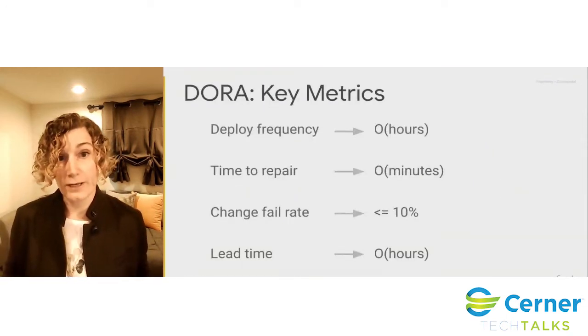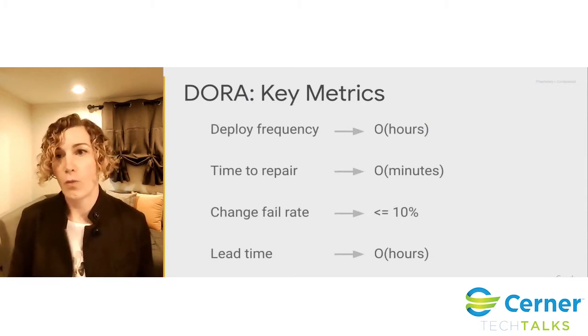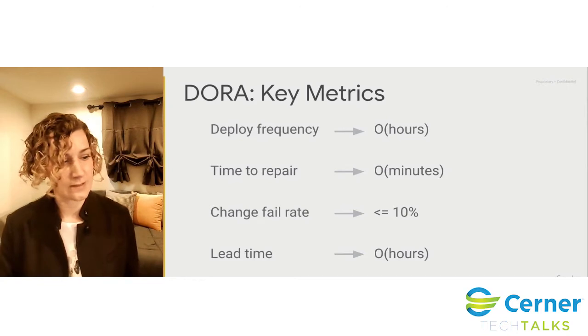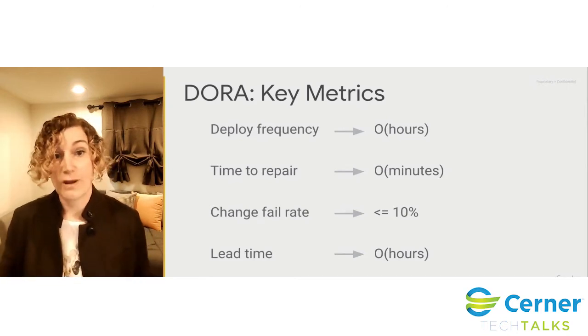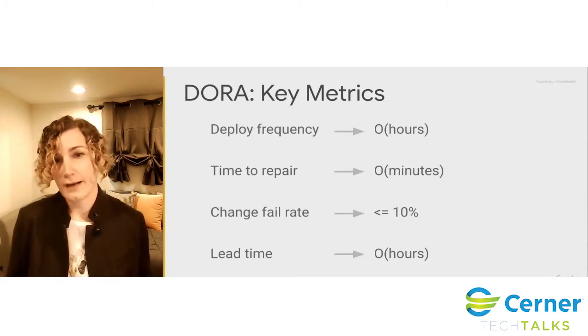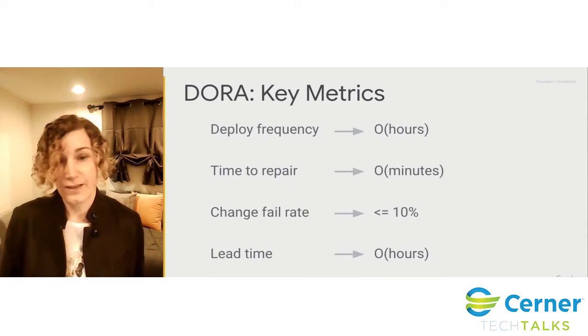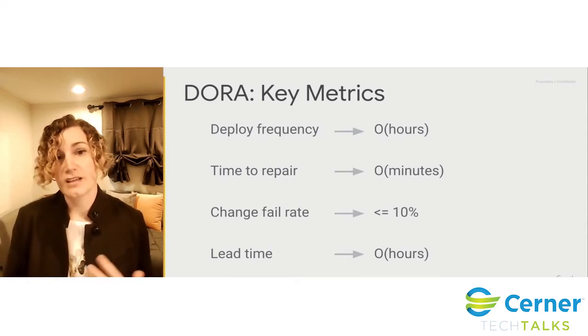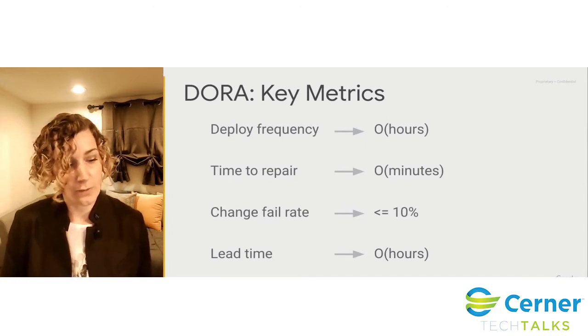So these are the 4 key metrics. DORA has some opinions about where they should be in terms of units and magnitude. But they stress more that the goal is to drive it down. So you assess where you are. If your deploy frequency is monthly, try to get it to every 2 weeks. And if your time to repair is measured in days, try to get it to hours. And then just do that continuous improvement until you get these scores really solid.